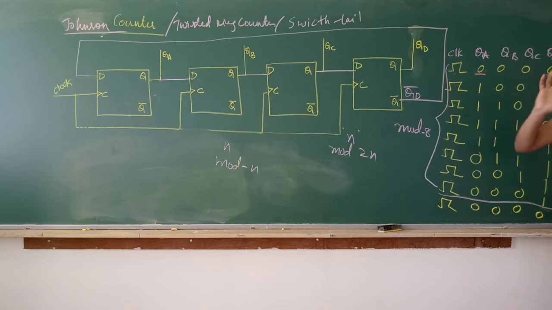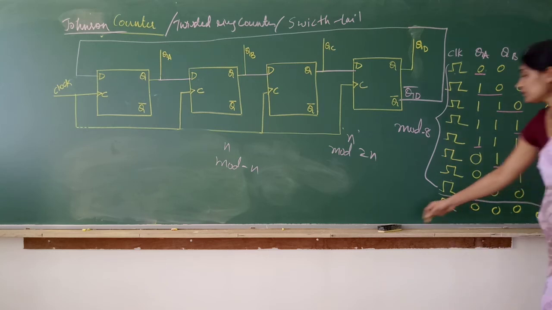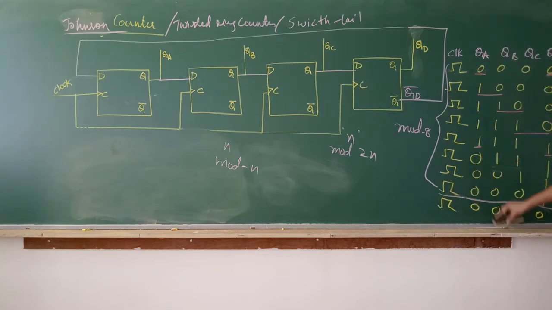Try to understand. In a ring counter, we just have to keep observing any one flip-flop. If that particular flip-flop output is 1, we can easily tell the output sequence. The output sequence can be easily decoded. To decode the Johnson counter's output sequence, unique pairs will be there. For this sequence, this is the unique pair, this is the unique pair, this is the unique pair, and here this will be the pair.